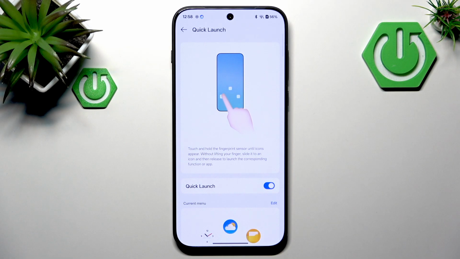So yeah, that's basically how you can add applications to Quick Launch, and I really hope that you find this